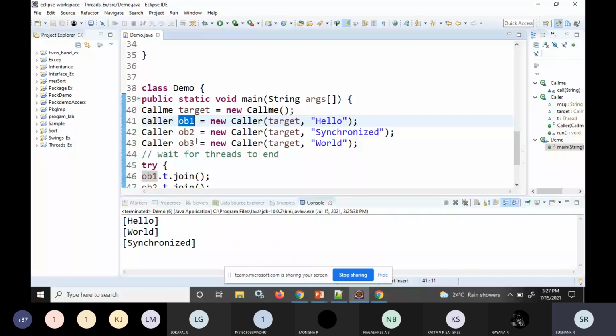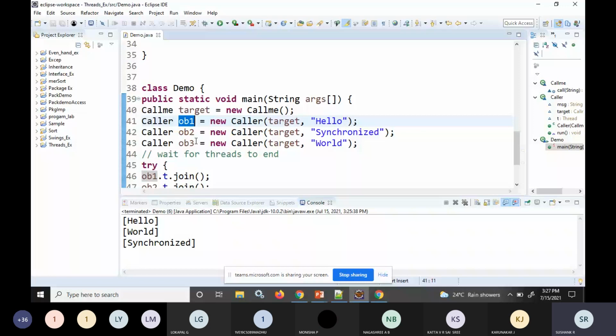The producer has to produce data and place it inside the buffer, and the consumer has to consume the data, I mean, receive the data by removing it. But here the producer should produce only one piece of data, and the consumer has to consume only one piece of data. So this is the producer consumer problem.